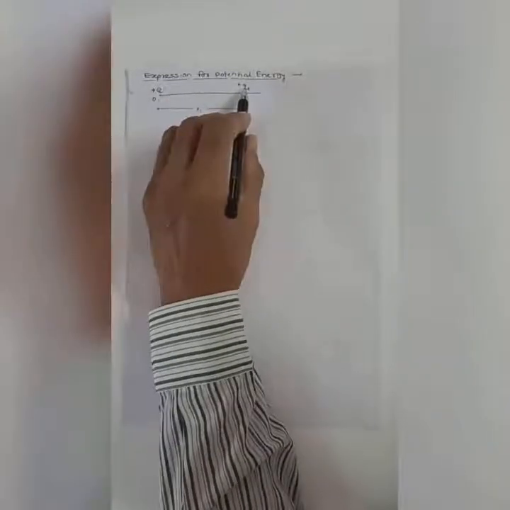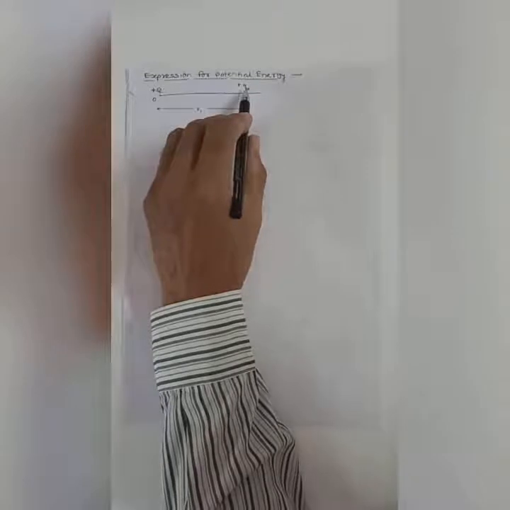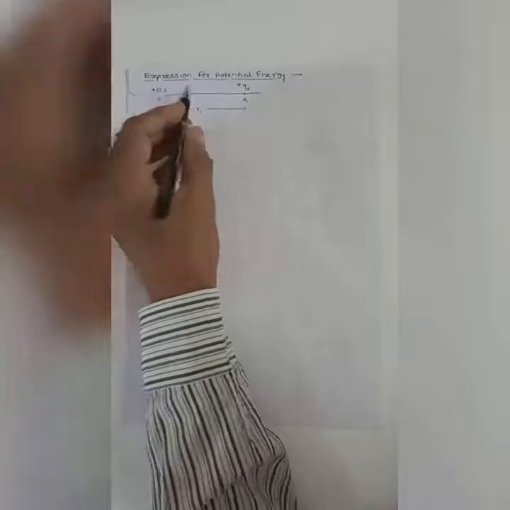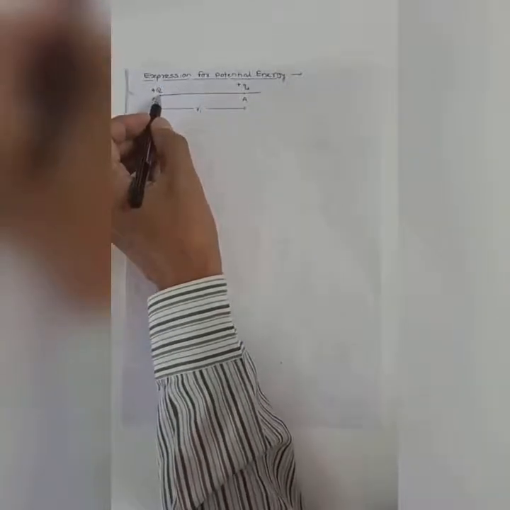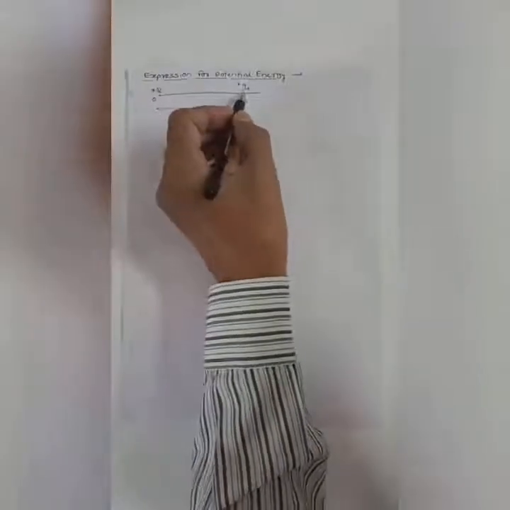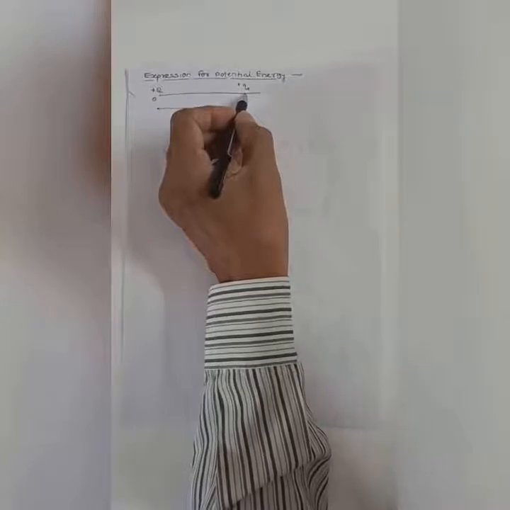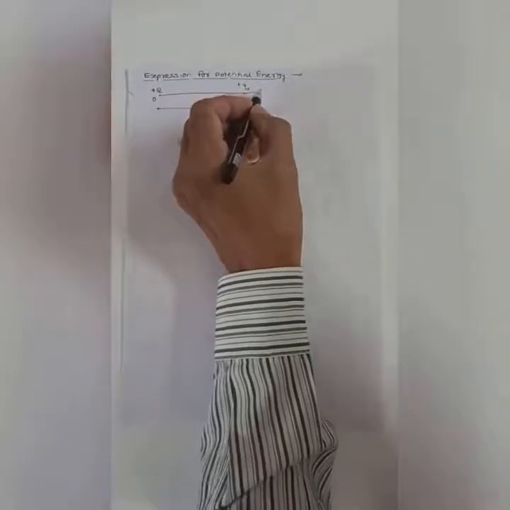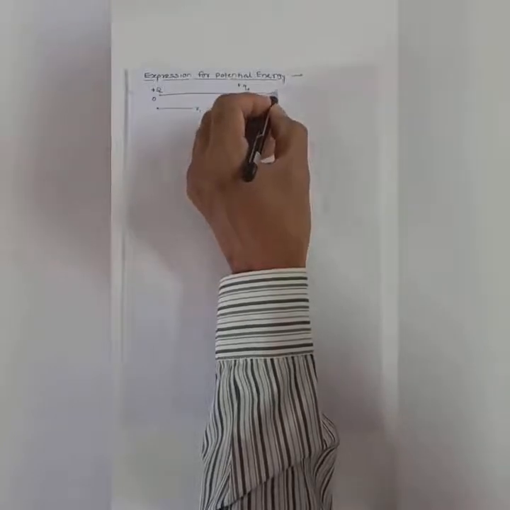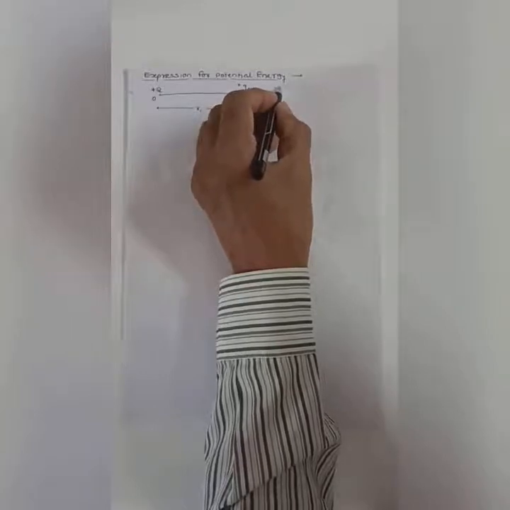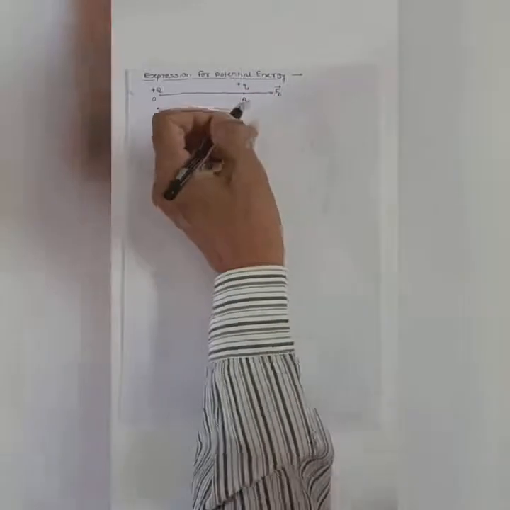Because of both the positive charges Q and Q0, there is a repulsive force between them. Since the magnitude of this charge Q is greater than the charge Q0, the force acting on the charge Q0 due to the charge Q is directed like this. Vector Fe is the electrostatic force.